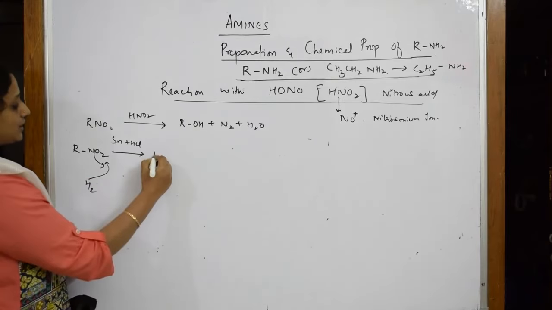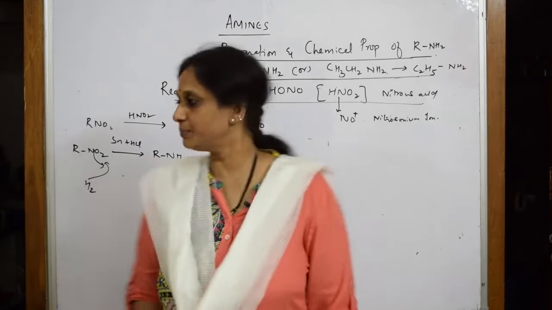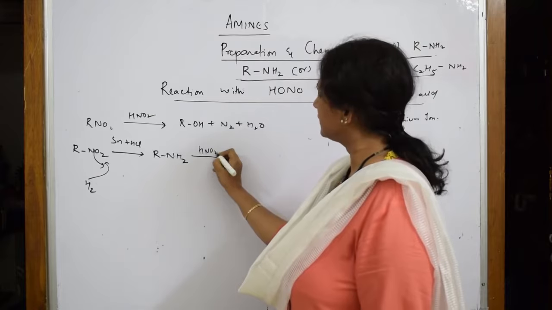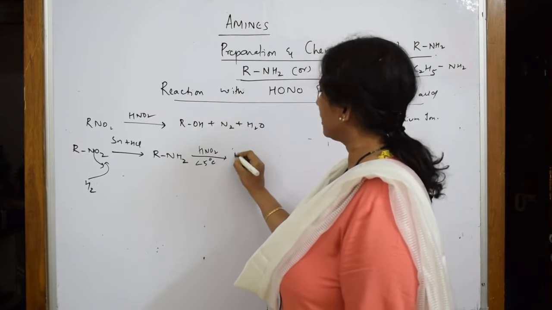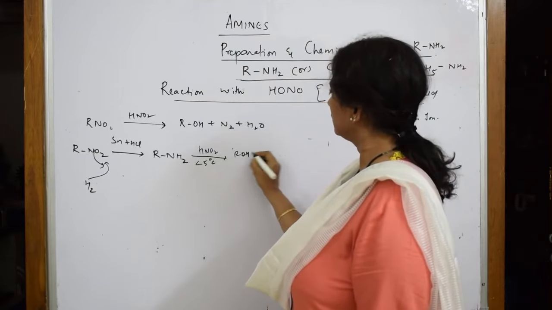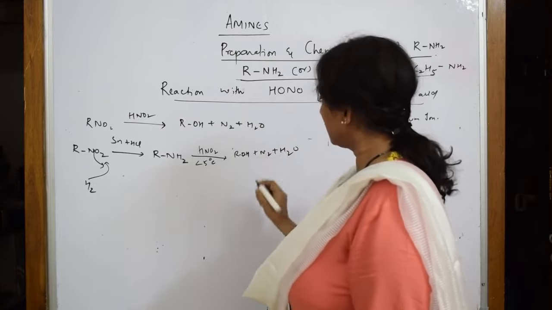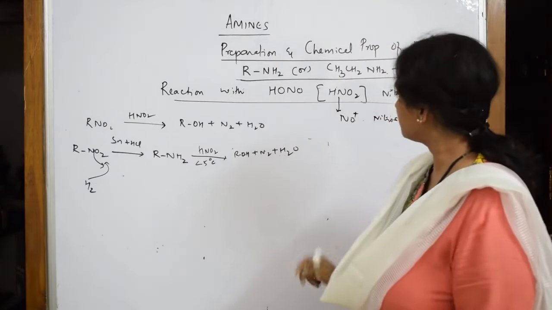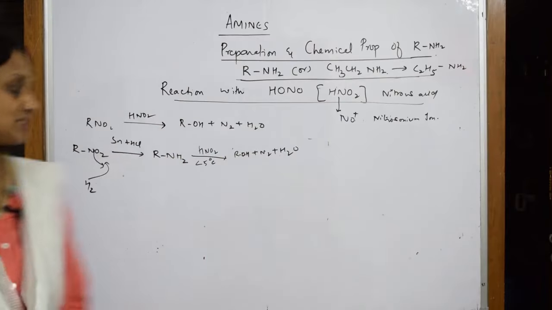So what do I get? RNH2. Now, simple. Now this RNH2, when I'm introducing nitrous acid at less than 5 degrees, I'm going to get R, an alcohol, plus nitrogen plus water. This is your concept. Now I have to see how am I getting alcohol. Let's see the mechanism. First important thing is your nitrosonium. Whenever you're adding nitrous acid,